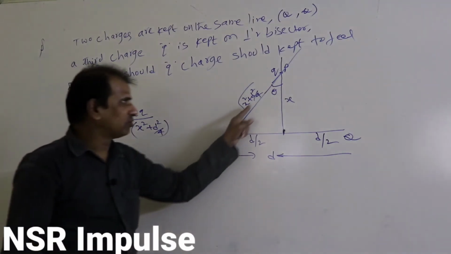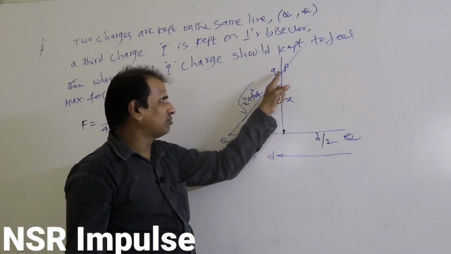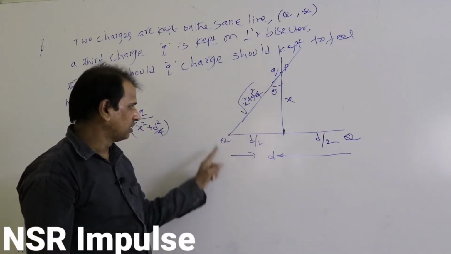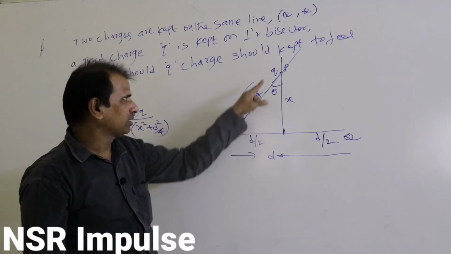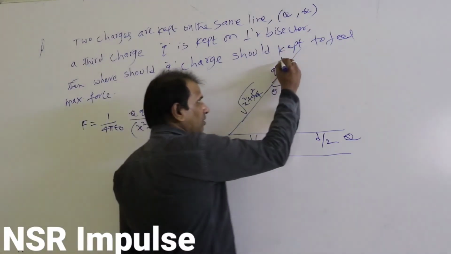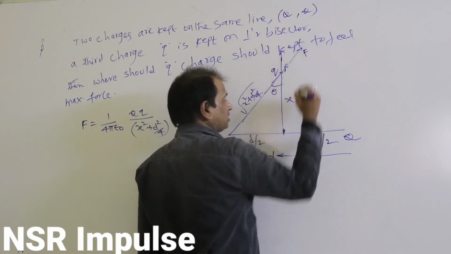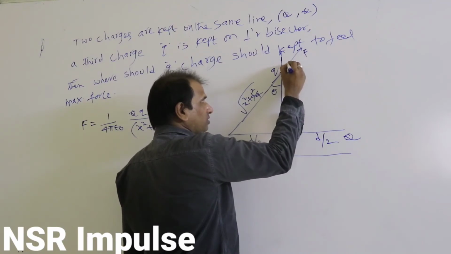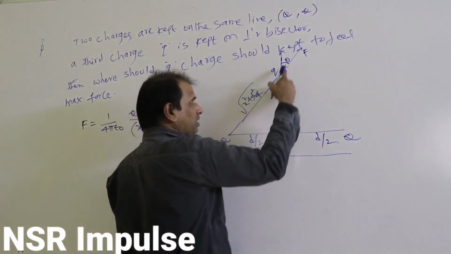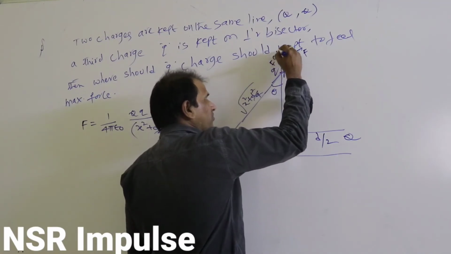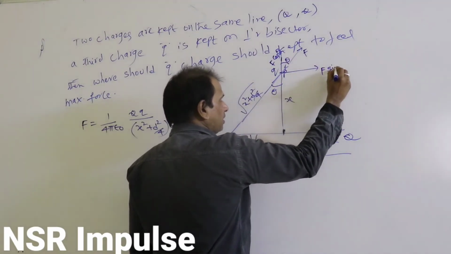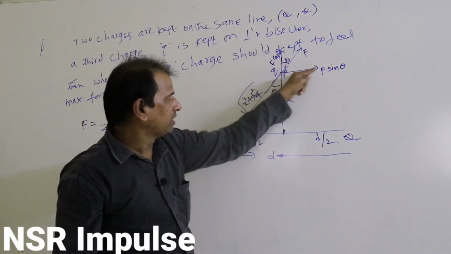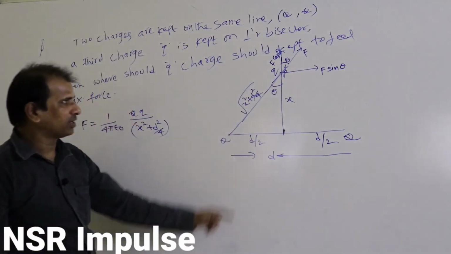In what direction does this force act? We have to find the force acting on this. From the diagram we can say both are positive charges, plus Q and plus q. That means this will be repelled in the outward direction. If it is repelled in the outward direction, this is F, then this force F can be resolved into components. This angle also becomes theta. That's why F cos theta, and this will be F sin theta. F is resolved into F cos theta, F sin theta.